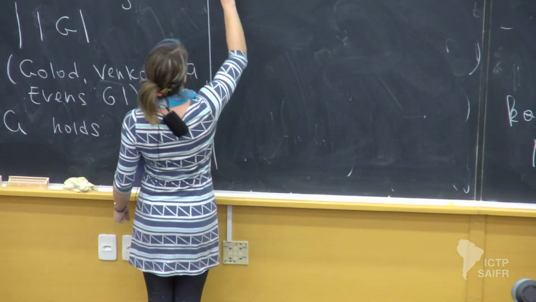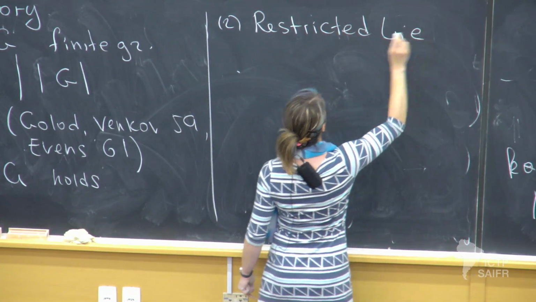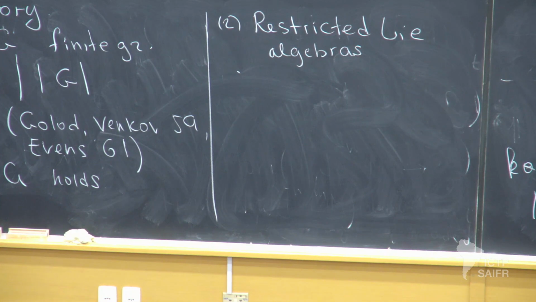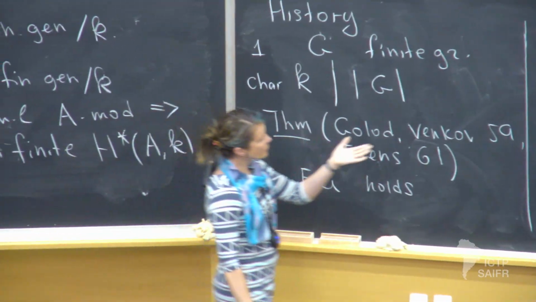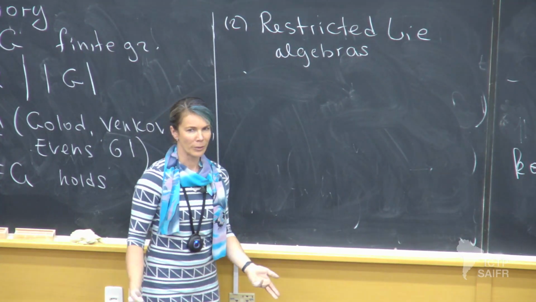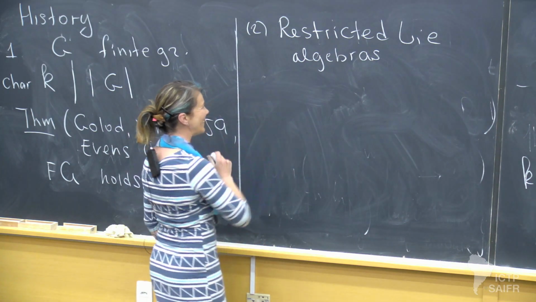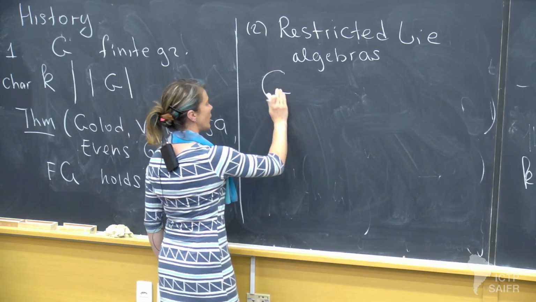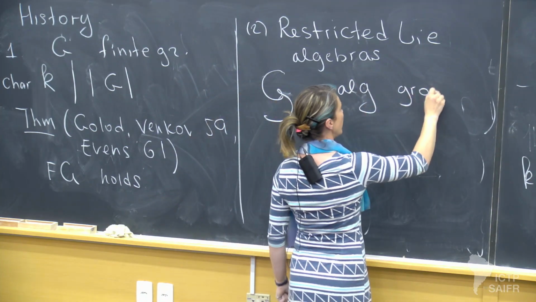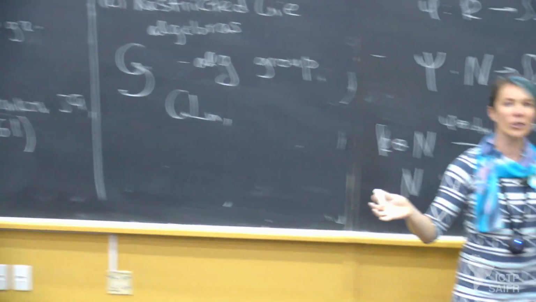The next thing that came up was restricted Lie algebras. So we're still in characteristic p. And the siblings of these guys already came up, at least in Barbara's talk, the Frobenius-Lusztig small quantum groups. I was going to remind people what a restricted Lie algebra is. Should I do that? Yes, OK. It's quick. So let's say we have an algebraic group. So I already had a finite group. This will be an algebraic group. So it's a fancy G, in characteristic p. So you can think of your favorite one, like GL_n, Sp_2n, orthogonal group, whatever is your favorite algebraic group.